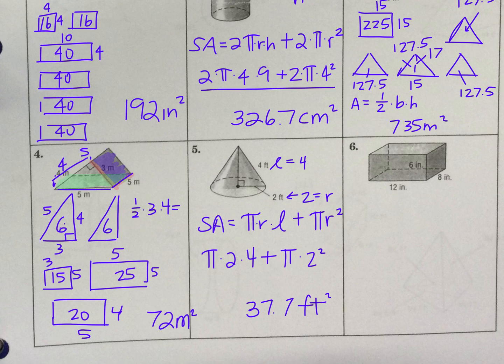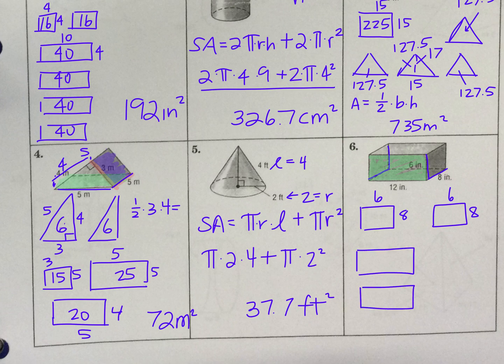Last one on this page. This is a 6 by 8. This other part matches. It's a 6 by 8. Then I'm going to do this front panel. There are 2 of those, the front and the back. That one is a 12 by 6. And then the last panel